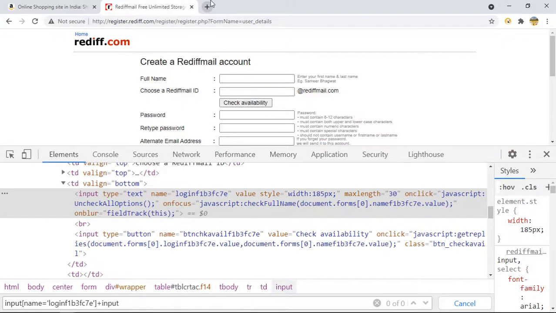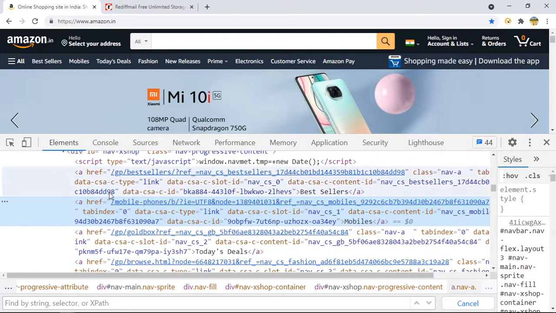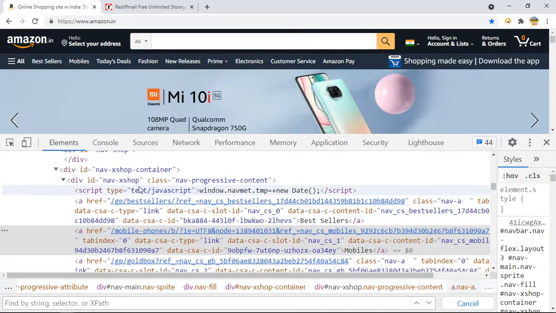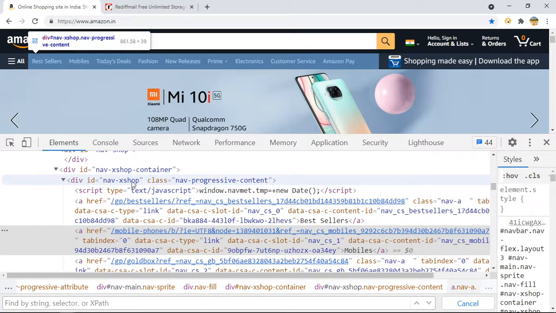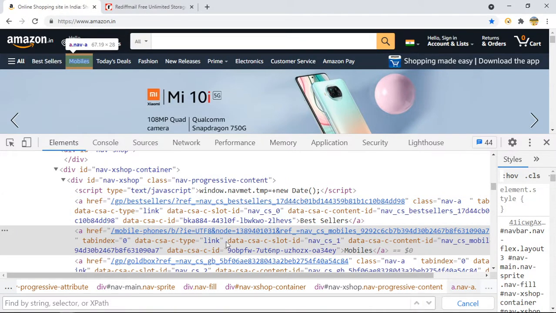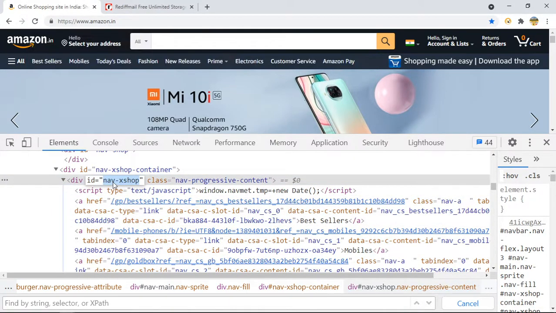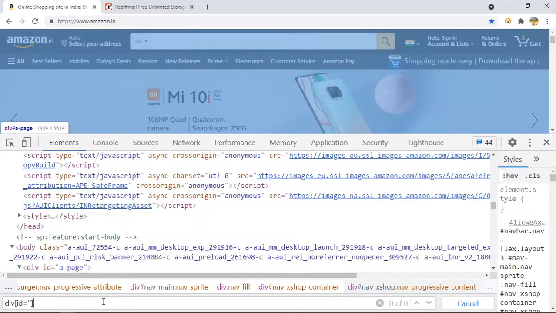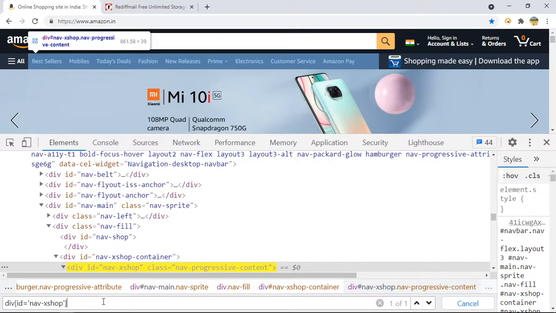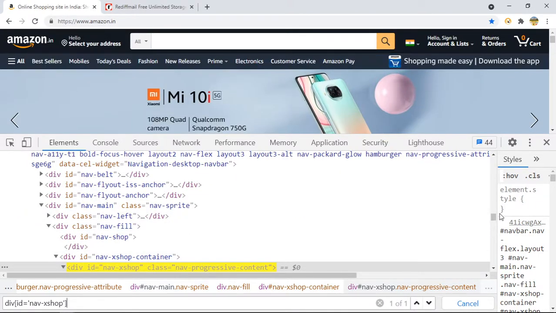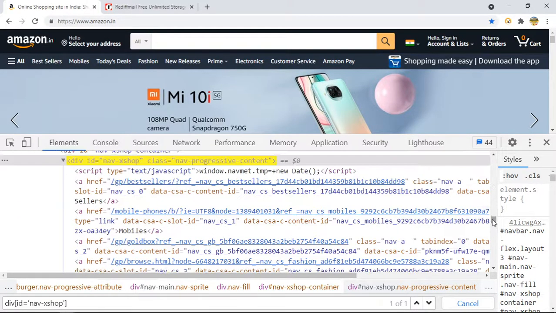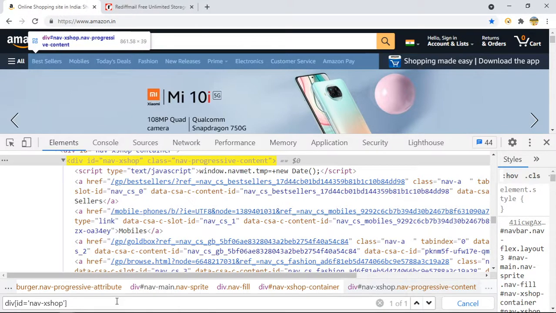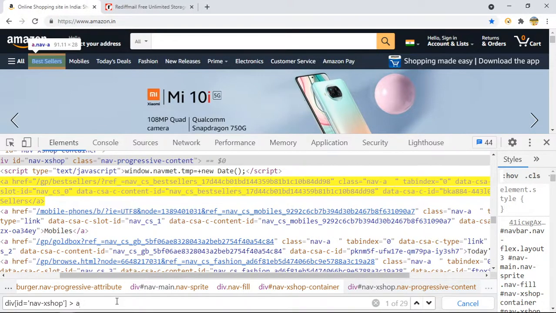If I try it here, suppose I am here, right? Suppose I am div id equals to, so here we are, and after that if I want to move to a child, I will say one more a, right?